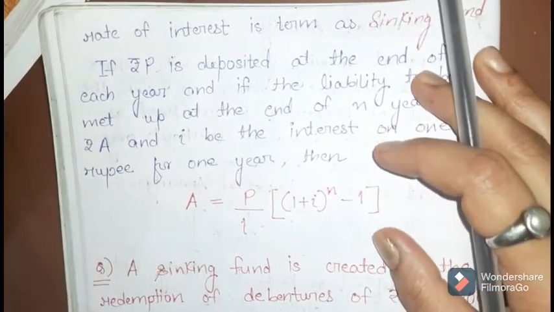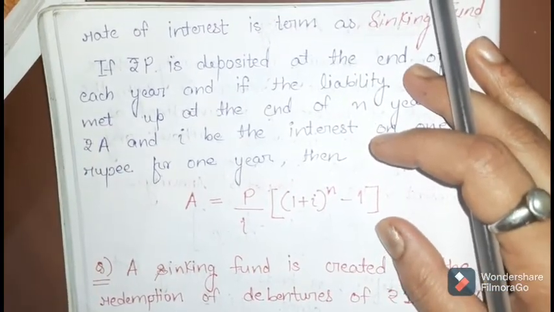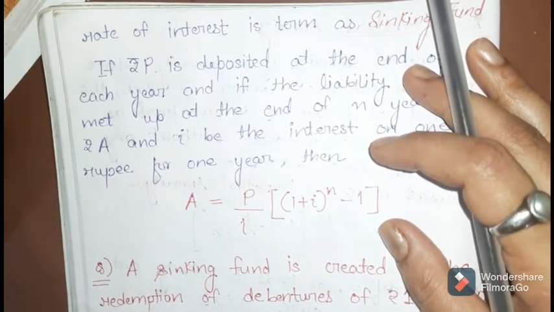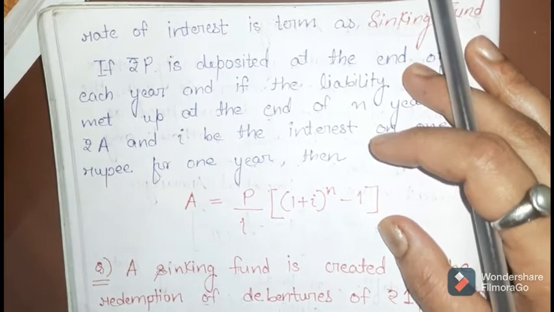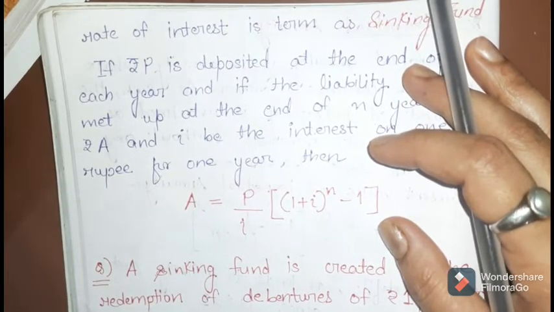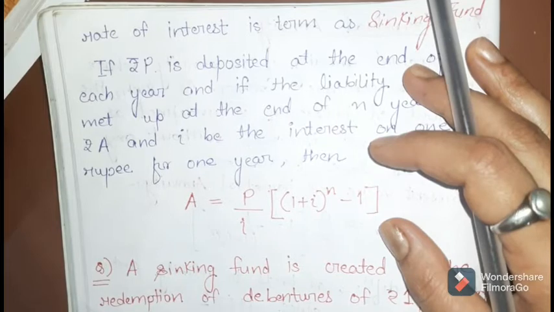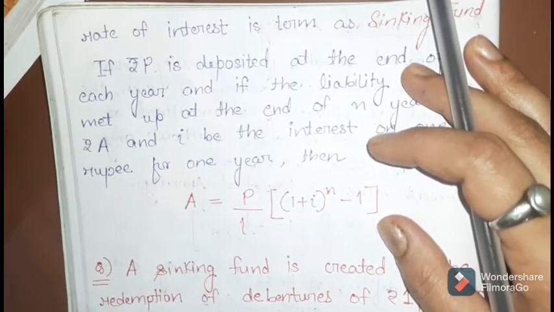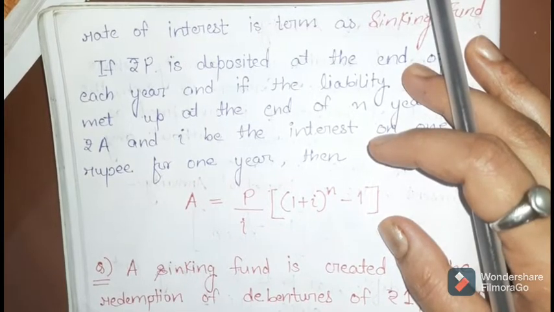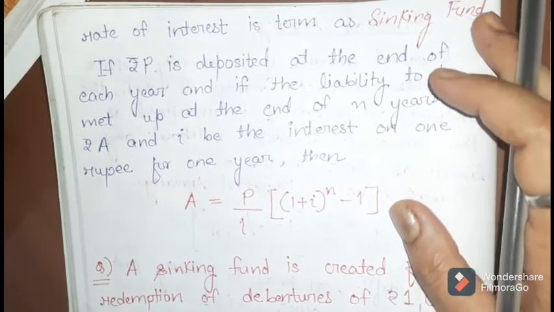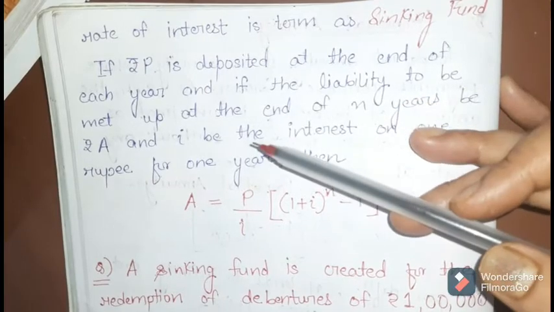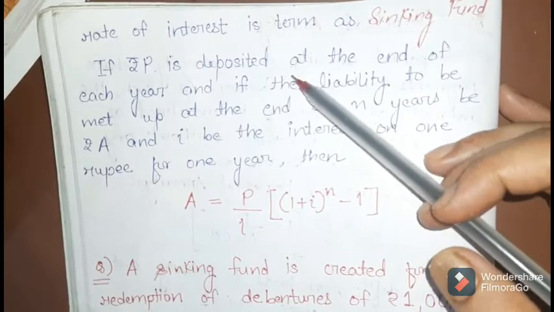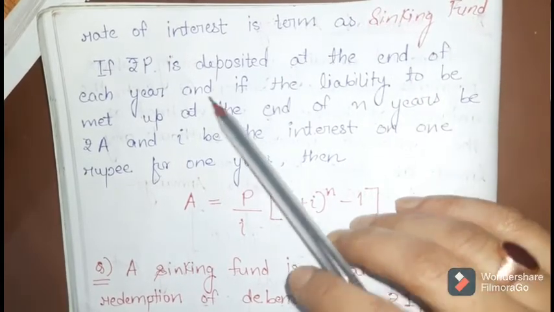Sinking fund means it is a normal fund deposition, but here, for some future purpose, we deposit at periods. After periods we deposit the fixed money at different periods, means after 6 months, as I said, period after period we deposit the same amount of money, and here the rate of interest applied on that amount of money is compound interest, and this is termed as sinking fund.